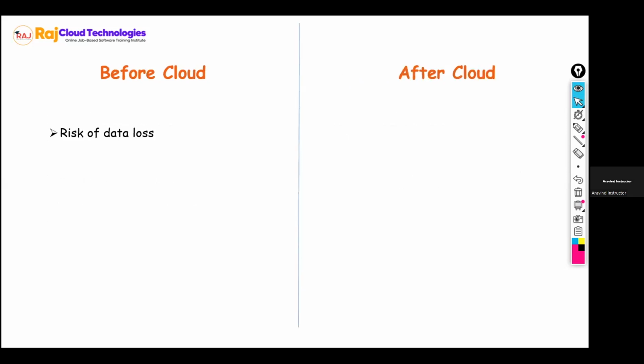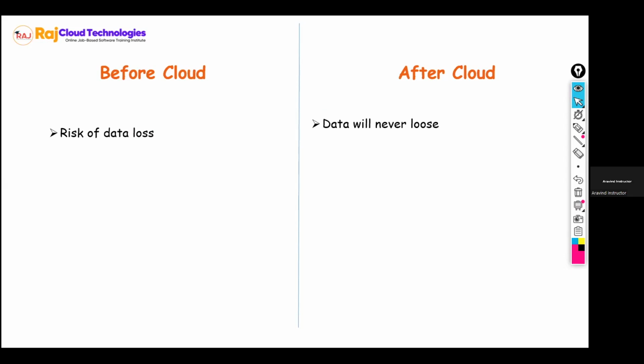And next, in physical data centers, let's say there is a natural disaster, an earthquake occurred where your company is, in Gachibowli or somewhere. What happens? The complete building will collapse. The servers inside your building are also destroyed, your data also destroyed. You lost your data. But here you will never lose data, because your data will be kept in different locations. Even in the worst case, if one region has an earthquake, your data will still be safe in other regions, so you will never lose your data.